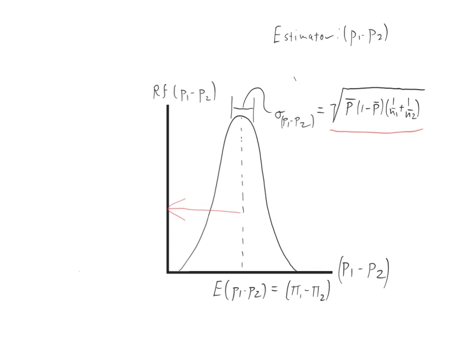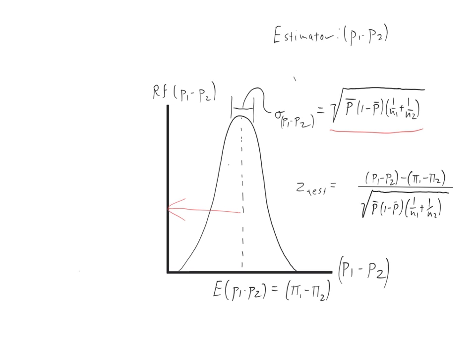z test is equal to our estimator P1 minus P2 minus the mean of that estimator, or the parameter that we're after, pi 1 minus pi 2, and in a test this will be our hypothesized difference, divided by the standard error of the estimator, P bar times 1 minus P bar times 1 over N1 plus 1 over N2, and take the square root